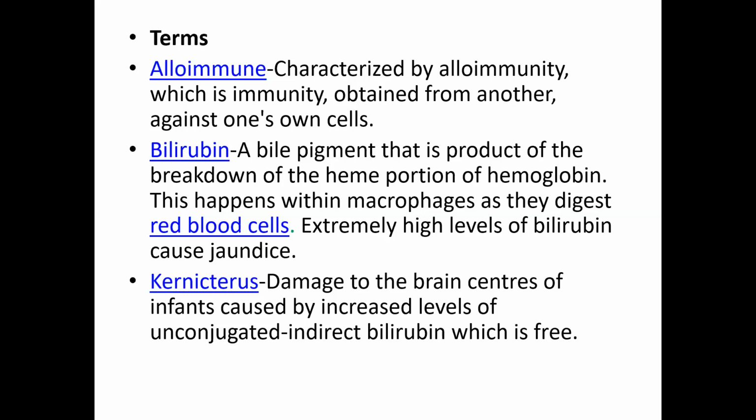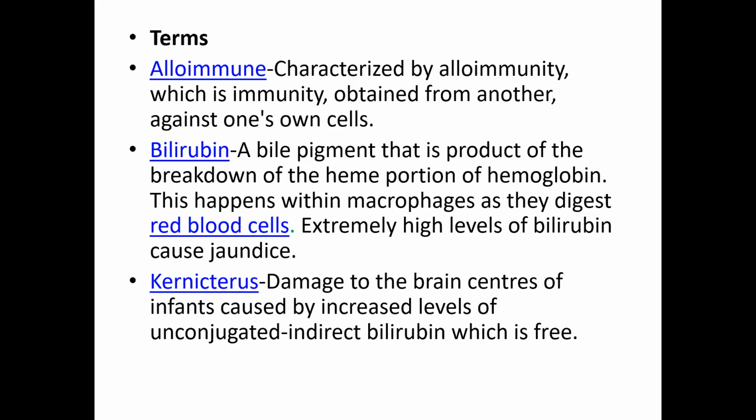So, for example, a baby will take the immunity from the mother against their own self, because the baby is positive and the mother is negative. During pregnancy, the mother will send the immunity, IgG, to the baby. Okay, so in any condition when the baby's blood passes through the placenta into the maternal circulation, the maternal immunity will immediately produce some antibodies. These antibodies enter through the placenta into the fetal circulation and destroy the RBC.